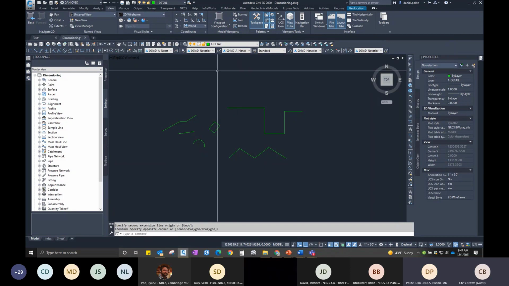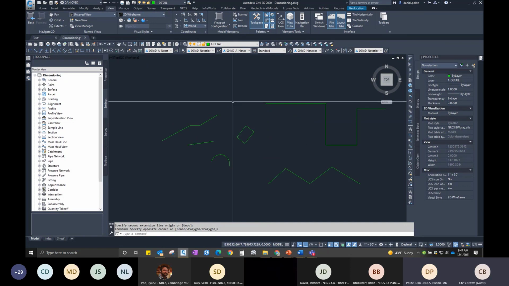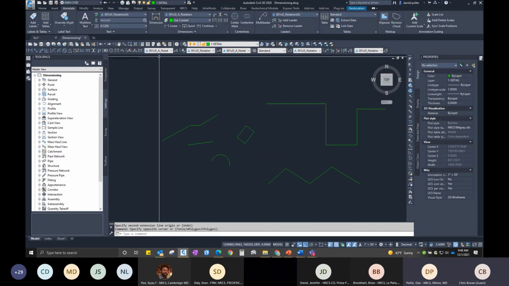So don't feel as though there's only one way to do this. Whatever you're comfortable with, do it that way. So the dimensioning, one thing that you'll notice here, it says use current. And if you want your dimensioning when you're doing it in your drawing, and you'll have to do this in your drawing all the time,